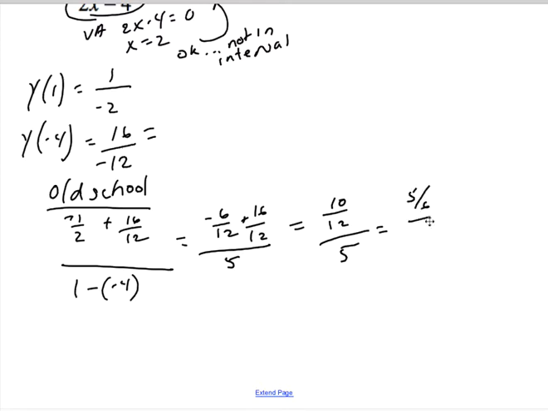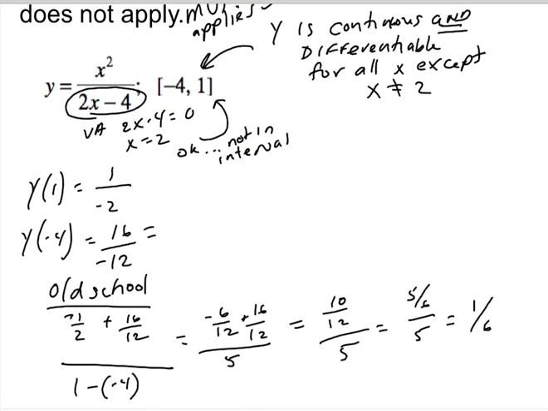Or a 5/6 all over 5, which is going to either be a 5/6 times a 1/5, if that's easier, or you can realize that it's just a 1/6 because you have 5 of the 6, and then you're dividing it in fifths. So that's my old school slope, right? And then my derivative, so if we go back up for a sec, right? My derivative, y prime